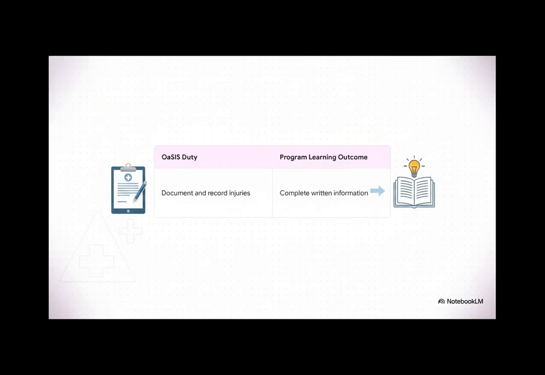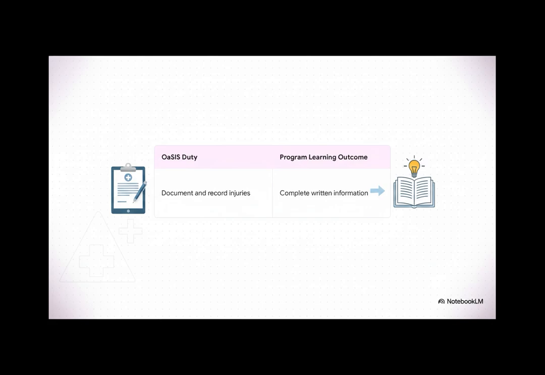And this brilliantly illustrates exactly how Kelly can start doing this practically. She builds a mapping matrix. She pulls a specific duty directly from OaSIS, something like document and record nature of injuries, and then she maps it directly to a current program learning outcome, like complete accurate written and electronic information. By putting these things side by side, she can instantly see exactly where the program hits the mark and where